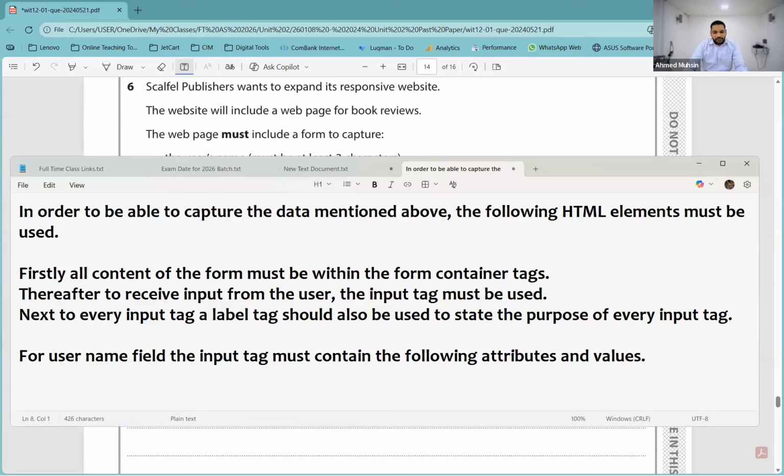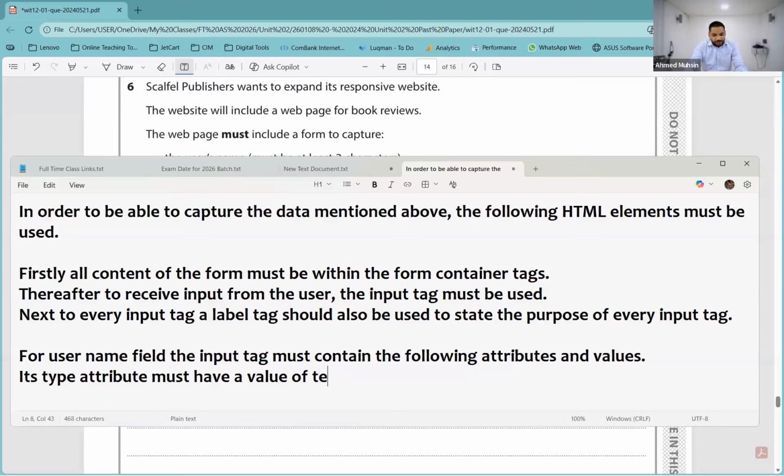Okay, its type attribute must have a value of, everybody, for username the data type will be what? Not data type, its type attribute, we call it type attribute. Its type attribute must have a value of